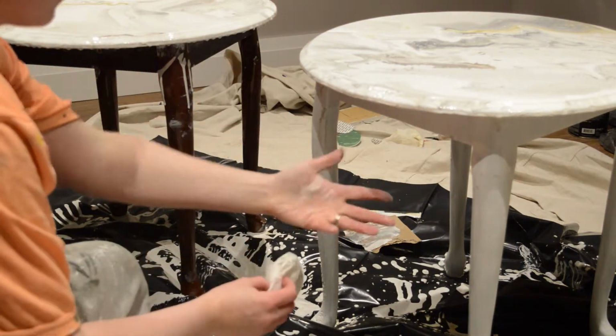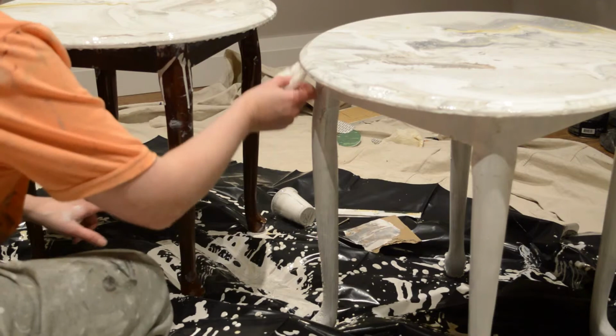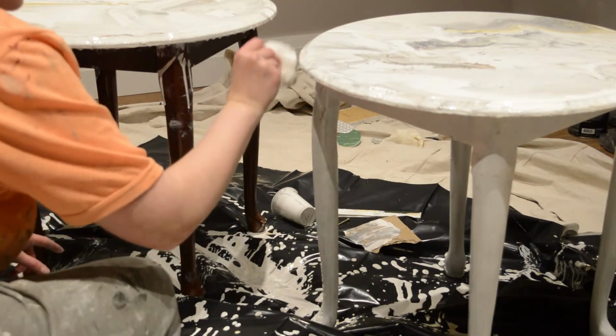I don't think I got too much on this one, or maybe it's hard to tell, but you can see I did get a lot on the dark table. Then I can kind of